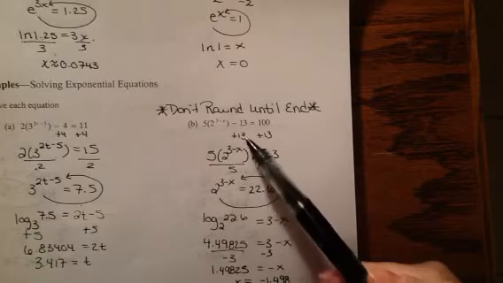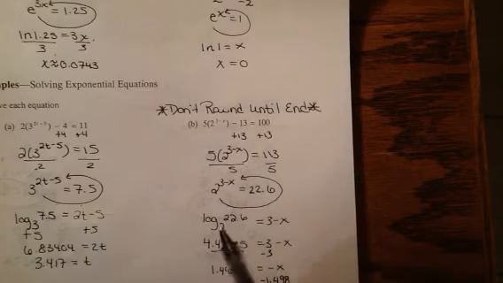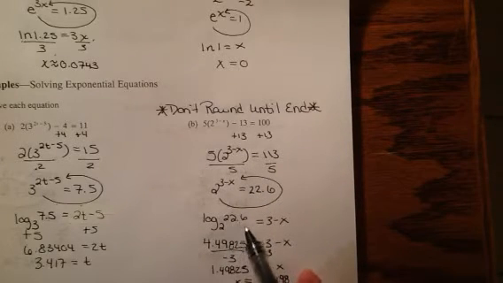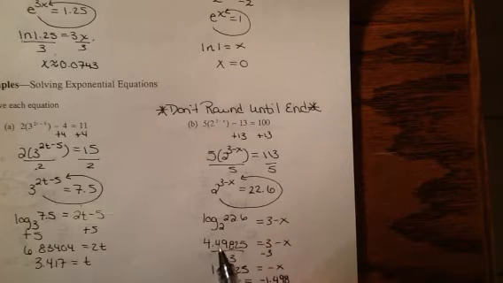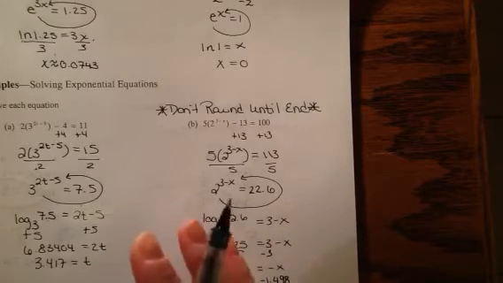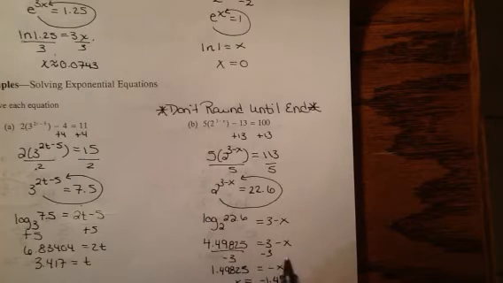So here we have to add 3 and divide by 5, and then convert, so you get log base 2 of 22.6 equals 3 minus x. So I got 4.49825, didn't round yet, and then I have to subtract 3 and then divide by -1, so x equals